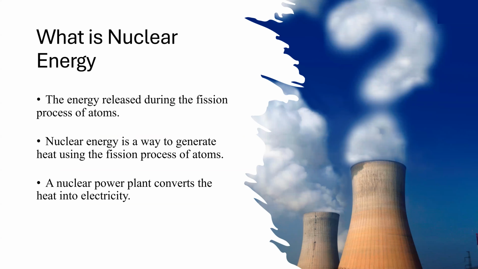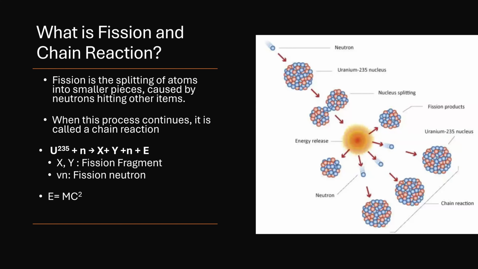So what is nuclear energy? It's basically the energy released during fission of the nucleus. So what is fission? It's basically when a neutron hits an atom, it becomes unstable, and when it becomes unstable, it fissions, it splits, and it releases energy, as you can see here, and you have 2 elements or fission products,